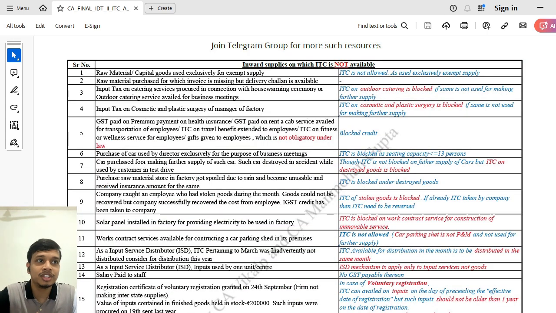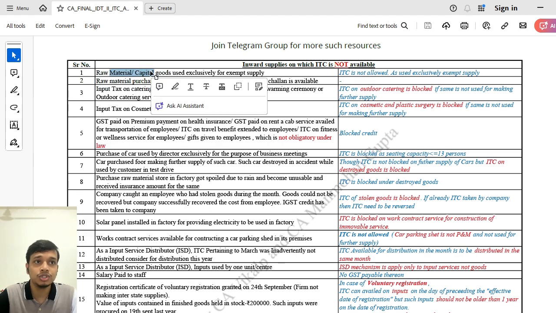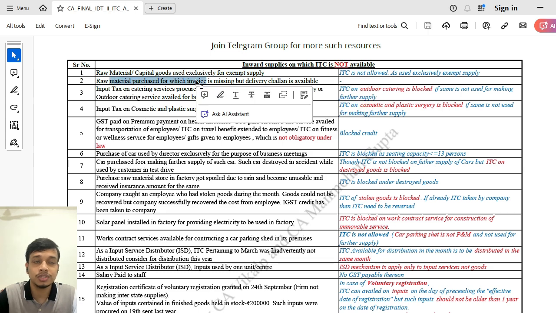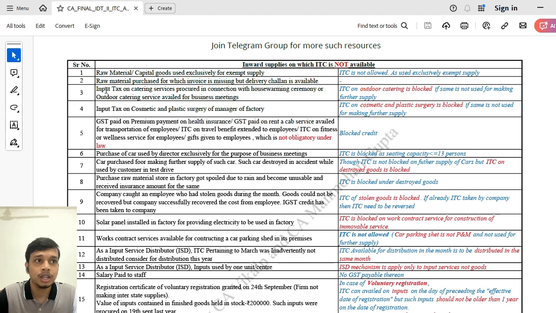So let's start with third part, inward supply on which ITC is not available. First, raw material and capital goods used exclusively for exempt supply. If we use for exempt supply, then ITC is not allowed. Raw material purchase for which invoice is missing, but delivery challan is available. वेदर डिलीवरी चालान इज अवेलेबल और नॉट, हमने एक पॉइंट पढ़ा था कि इनवॉइस होना जरूरी है फॉर आईटीसी। सो इफ देयर इज नो इनवॉइस इज मिसिंग, देन आईटीसी इज नॉट अलाउड ऑन सच रॉ मटेरियल।